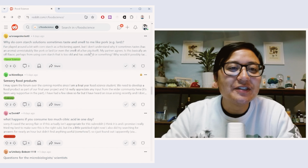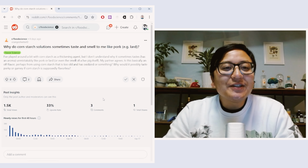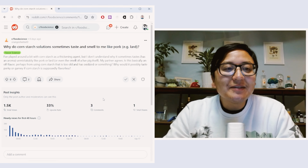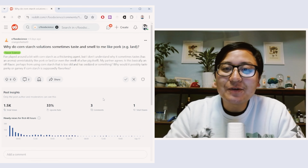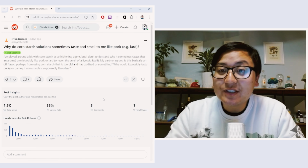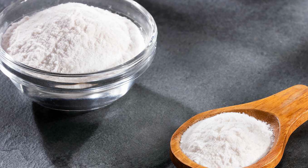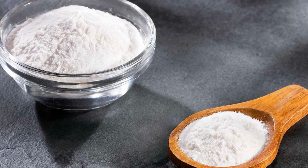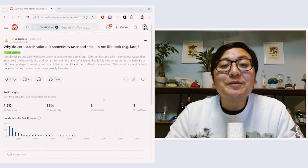Why do cornstarch solutions sometimes taste and smell to me like pork? I played around a bit with cornstarch as a thickening agent, but I don't understand why it sometimes tastes or has the aroma of pork or lard. So one of the things about powders, especially cornstarch or baking soda and so on and so forth, is that they absorb aromas from the air. So if you're cooking a lot and you happen to have your cornstarch nearby, it's likely to absorb a big